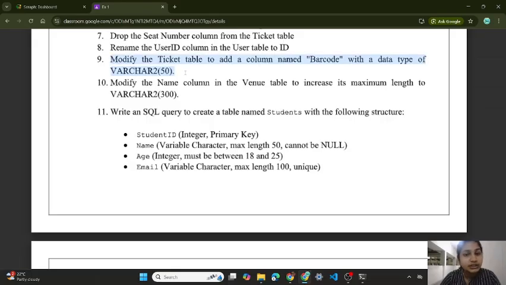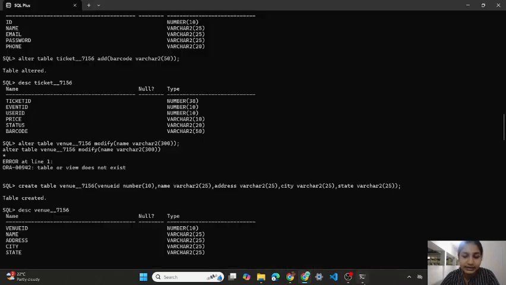Modify the ticket table to add a column named barcode with the data type of varchar2 of 50. So we have to add a new column called barcode to the ticket table which we have already created in the first question. So to alter this table, we are using